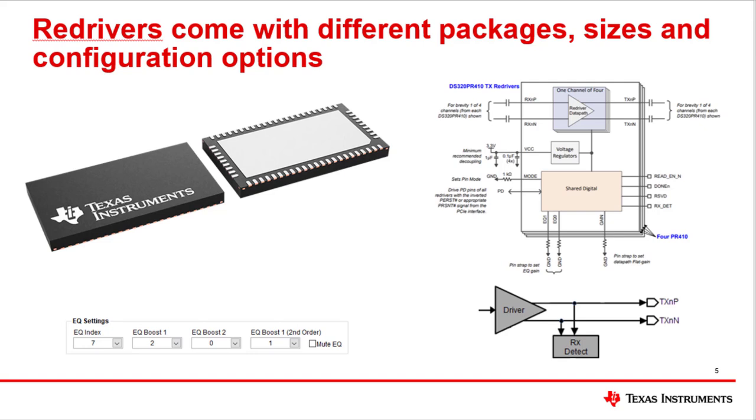In the next slide, I'm going to go over an application in which a redriver can be utilized. Additionally, in terms of communication with the redriver, there are a couple available options. One is using pin mode, which would mean that the redriver settings will be configured by the input voltage to the pin. Say, for example, if you wanted to set EQ0 or EQ1 using pin mode, you could use the appropriate resistor value to set to the appropriate level which you want to set to, as is designated in the table in the datasheet.